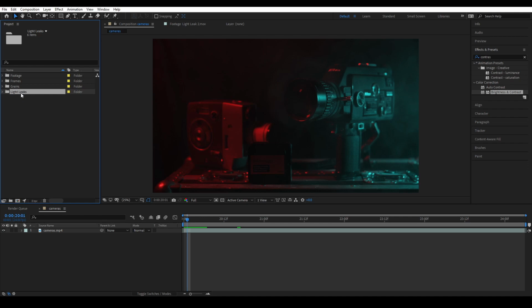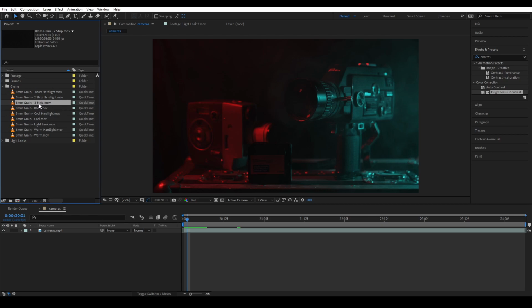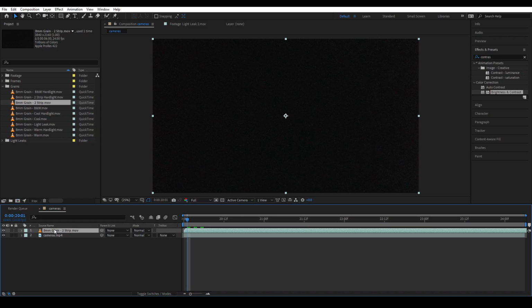We're going to start by adding some texture with a grain overlay. So if we come to our grains, we can go ahead and select one of these grains. I'm going to use 2-strip grain. We're going to drag this over the top of our footage, and what we're going to do is change our